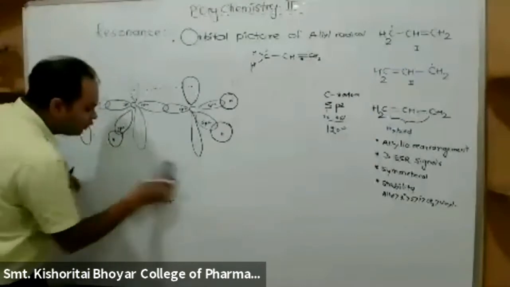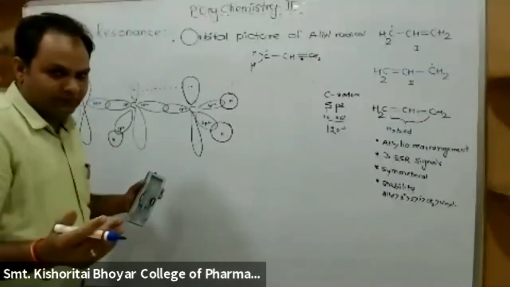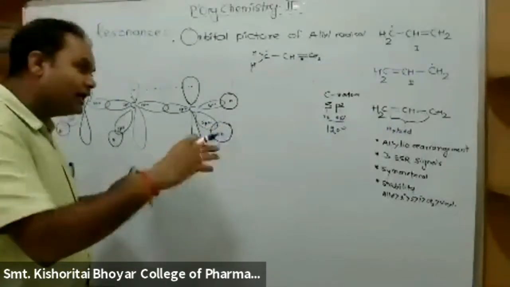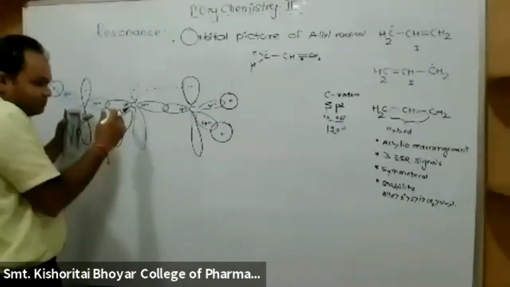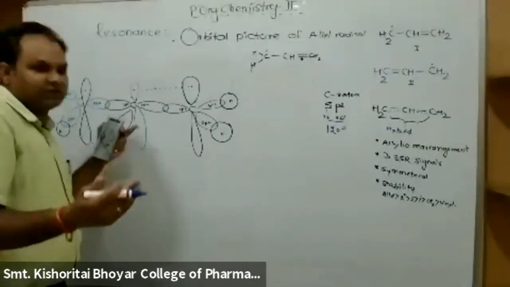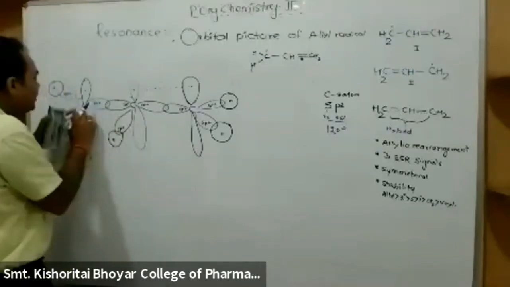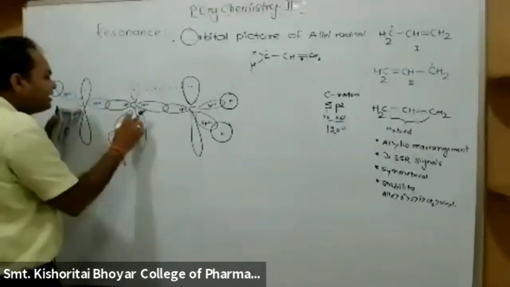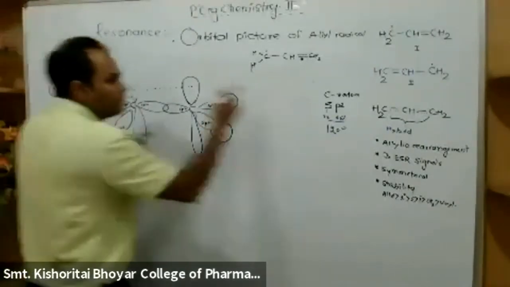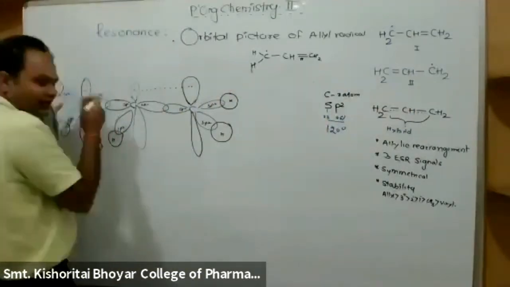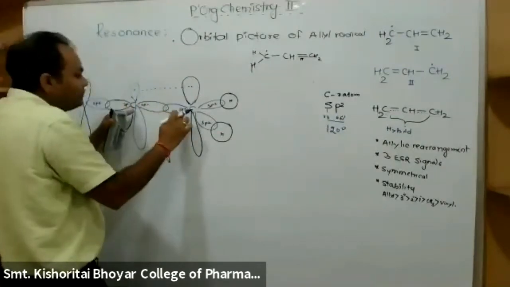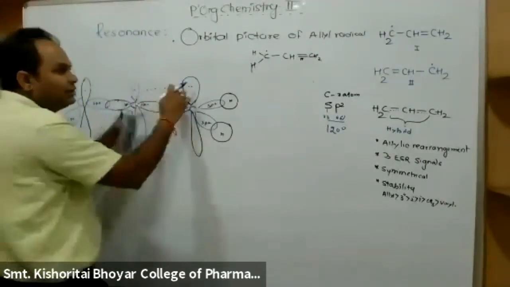You will get two types of overlapping that you cannot find in the case of the ethene molecule, because there is a restriction. But here the p orbital may overlap in such a way that you get two different structures. If the p orbital of this carbon overlaps with this carbon, it results in the formation of this pi bond here, so you get structure number 2. And if it does not happen, and there is overlapping of the p orbitals of these two carbons, then it results in structure number 1.